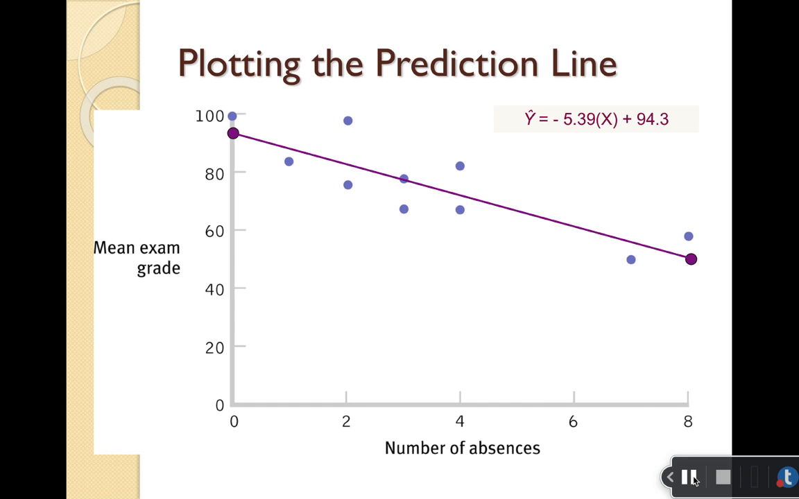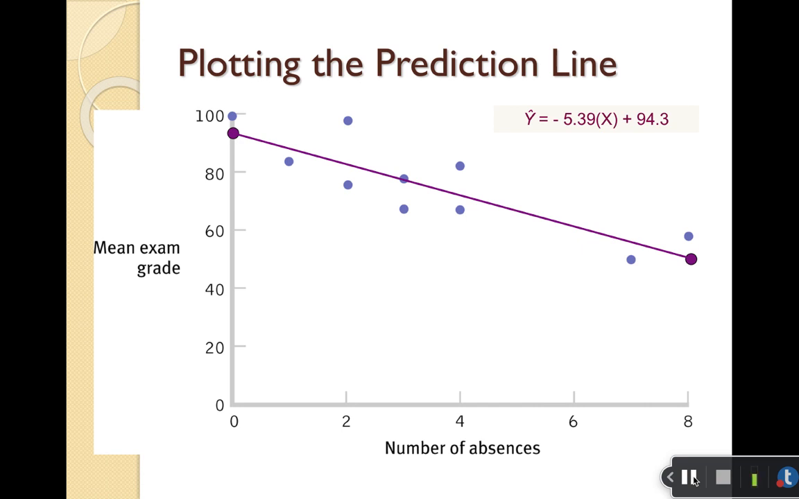And we said that x is our number of absences. So now that we know the slope and the intercept, we can use this equation to make guesses or predictions about what we think might happen to our exam grade based on how many days we missed class. So if I missed 0 classes, or entered in 0 for the x, 0 times negative 5.39 would cancel out to 0, and I would add the intercept of 94.3. So based on this equation, if I missed 0 class periods, I would expect a 94% on my exam, which